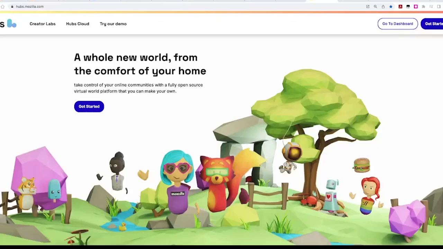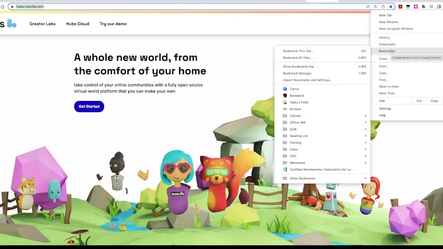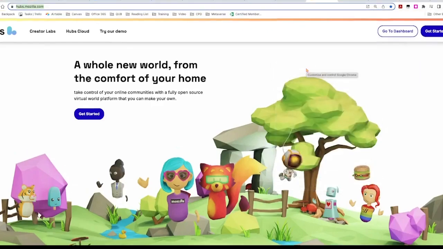So starting with the one I know best is Mozilla Hubs. Mozilla Hubs is in transition at the moment. It was free before, and now it's moving to a paid model. What I'm going to do is come into one of the ones that I have bookmarked